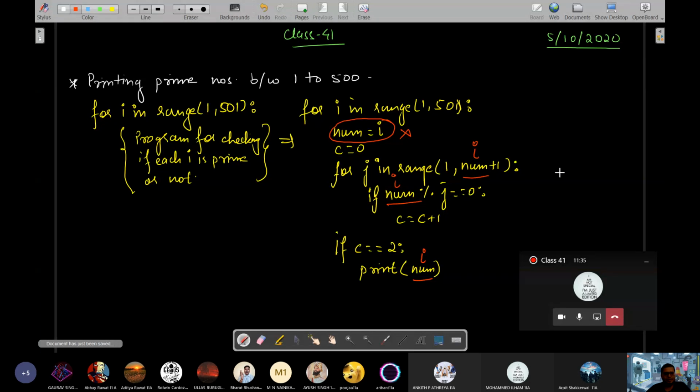Is it clear? ये prime numbers के program checking how I works, how J works. J is for counting the number of factors of each I. Okay. क्या आगे बढ़े इससे? Shall we see the new program? Clear है sir, clear है. Clear है. Okay.